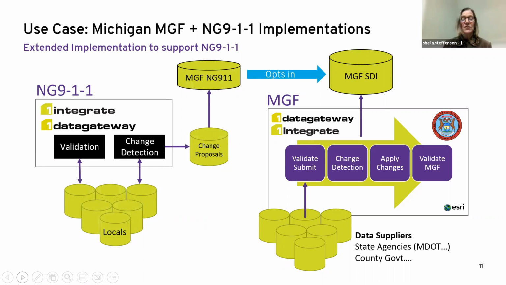So the slight difference on the 911 side of the house is there's an added benefit for the data providers in that when the local emergency data managers submit the data in, the first thing that happens is it's validated, and then the locals receive a spatial report back. Because it's validated against the very specific NENA NG911 validation rules, it identifies the exact location and the issue or rule that the data didn't validate to, or was an anomaly.